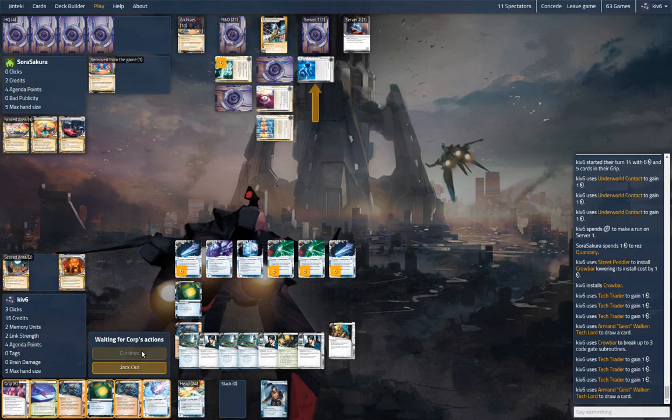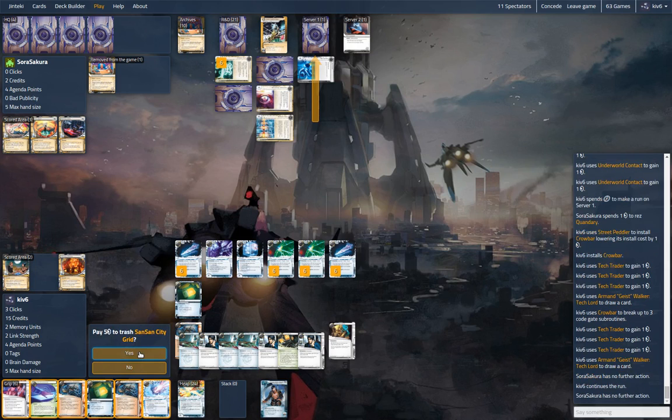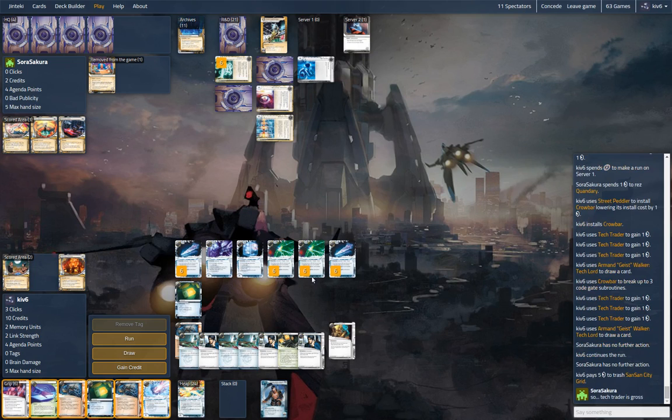This might be a Sansan, which we can trash. If this is an agenda, we'll be pretty far ahead. On 2 credits, probably not much of anything. Yeah, it's a Sansan. Makes sense. We crack levy right now, or we put the breach down in case we need it. I think we've...